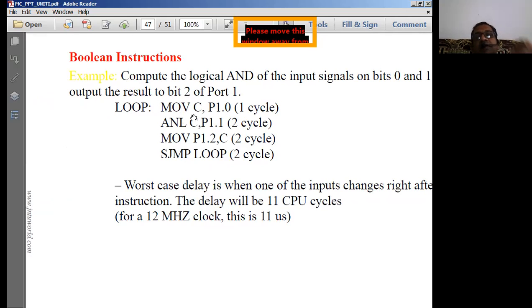What's happening here? Whatever may be the contents of this port 1 bit is simply moved to the register C. Then we are performing AND operation with the contents of the next bit in the port 1, that is P1.1, with the C register. The result is once again stored in the C register. And next,